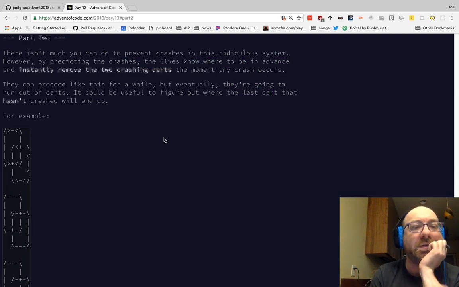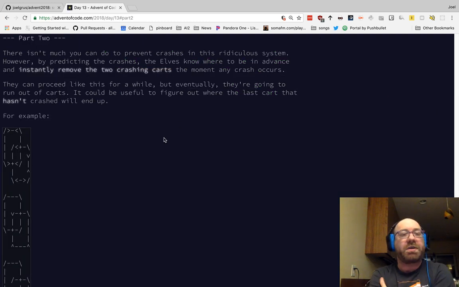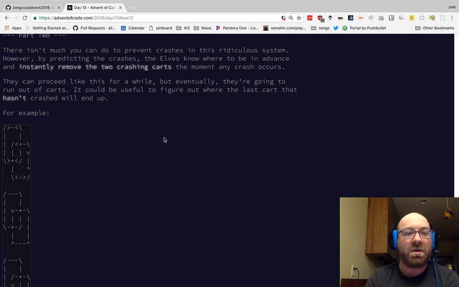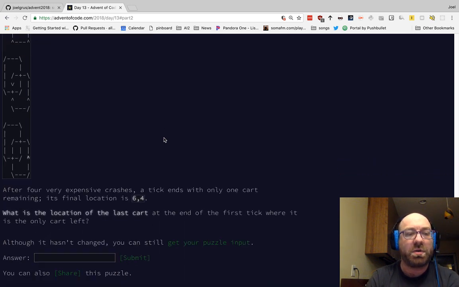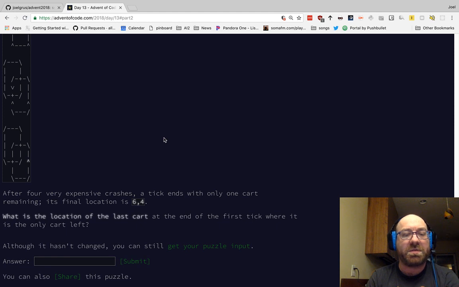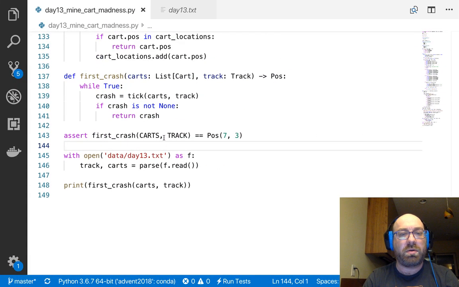There's no two different crashes. However, by predicting the crashes, the elves were able to advance and instantly remove the two crashing carts the moment any crash occurs. They can proceed like this for a while, but eventually they're going to run out of carts. It could be useful to figure out where the last cart that hasn't crashed will end up. For example, after 4 very expensive crashes, a tick ends with only 1 cart remaining. Its final location is 6,4. What is the location of the last cart at the end of the first tick where it is the only cart left? Okay, so now